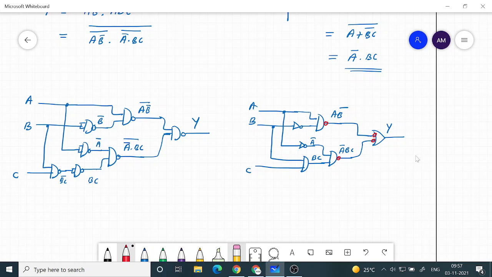Since I have already bubbled the output here, I will not bubble here in between. So instead what I will do is that I will make this a bubble, and then I introduce one NAND gate here. So that will be like this.